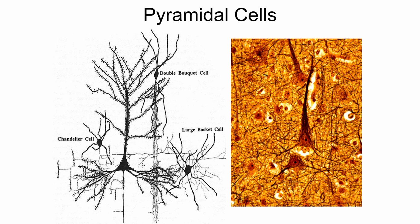Here's an image of a pyramidal cell in the cerebral cortex. This is showing both the histology and also a drawing, just to help you identify that the dendrites are much more prolific than what you see just in the histology. And typically an electrophysiologist who's searching for these specific cells will light them up with some sort of intracellular dye. But in the histology, we can see lots of fibers coming out, but you can't necessarily tell which fibers come from which cell. So the pyramidal cells are called that because they look like pyramids,